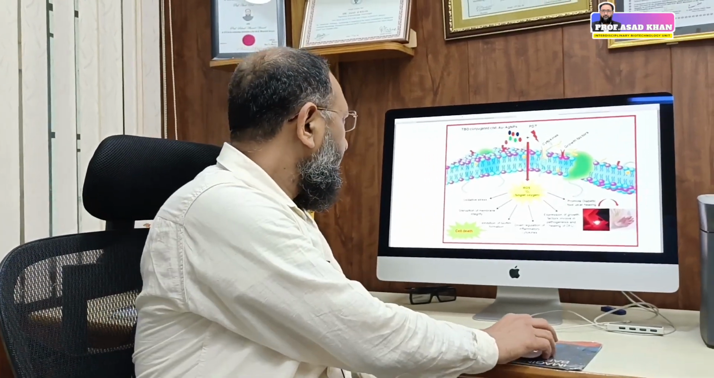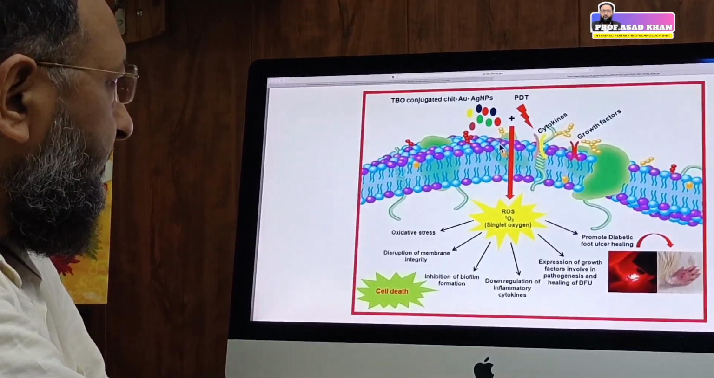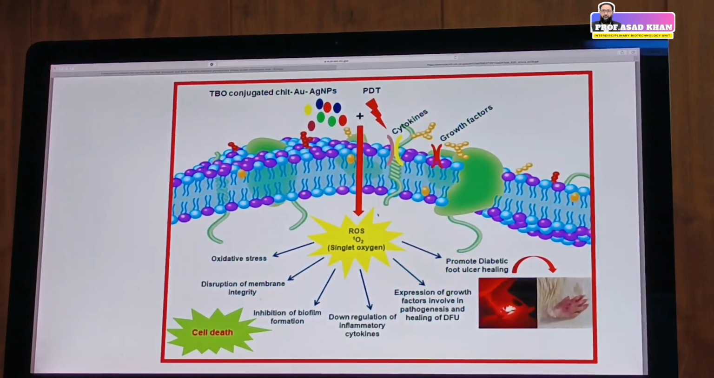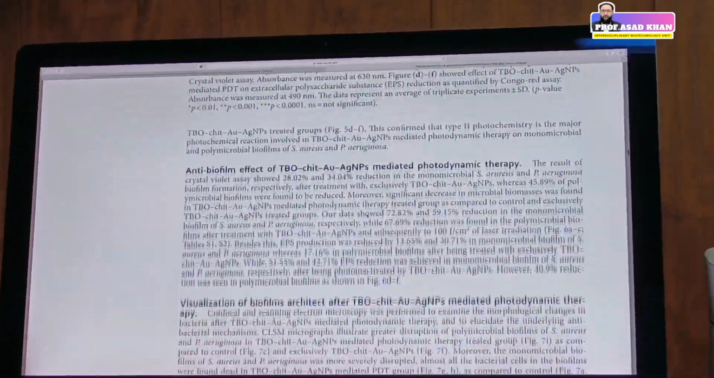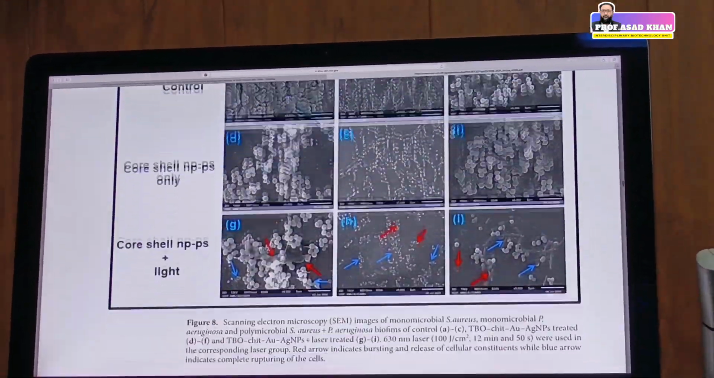So we have initiated some proposals on that, and we ended up with a very effective treatment strategy where we use simple nanocomposites with the dye and the laser light. So let's see, this is our conjugate, TBO conjugated chitosan Au, Ag and P nanoparticles, which work under photodynamic therapy, and it can treat diabetic foot ulcer easily. I will show you some of the data that we published and also patented in this research, where we found that